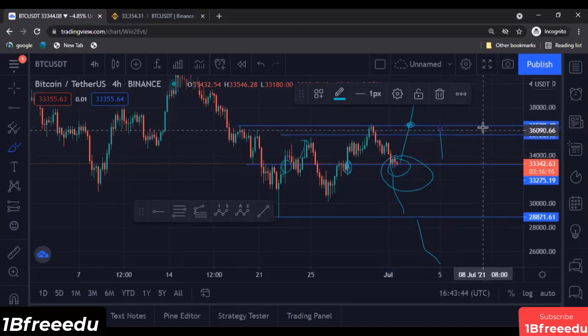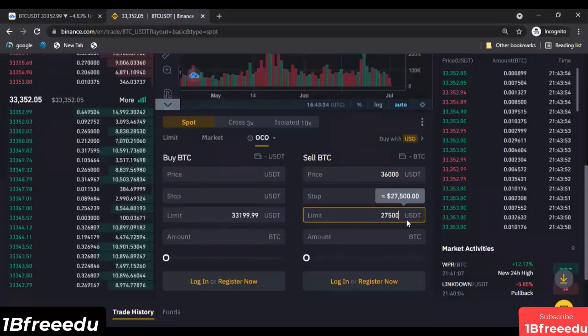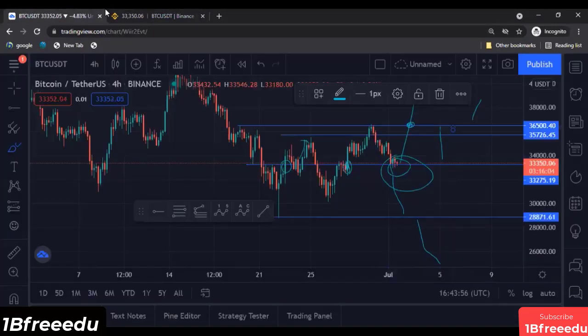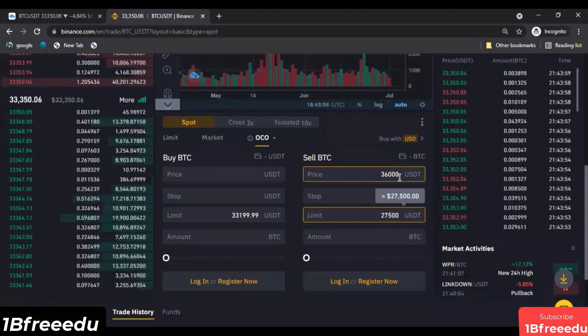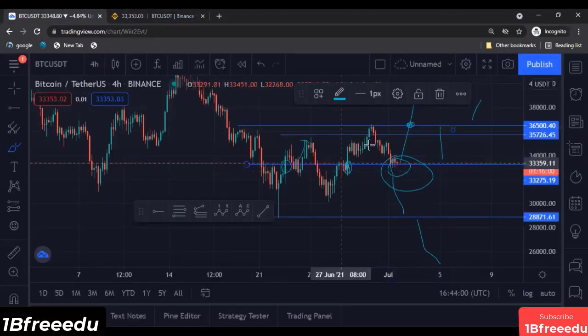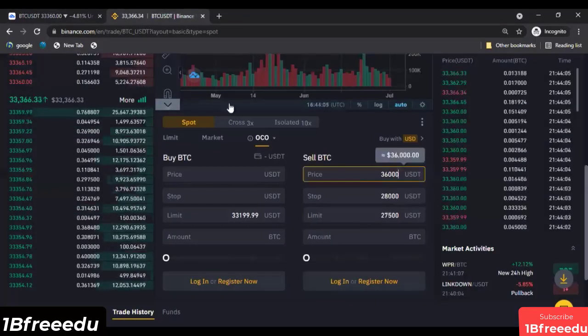Now you know that this is your resistance, but you also know that there might be a breakout or it might fall. So basically, how you can set the OCO for this is that if you expect it to break out and go, let's say, to